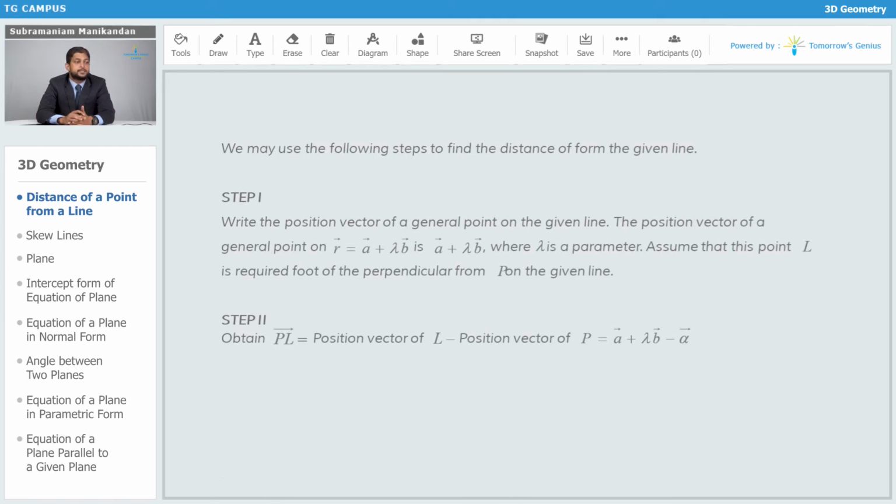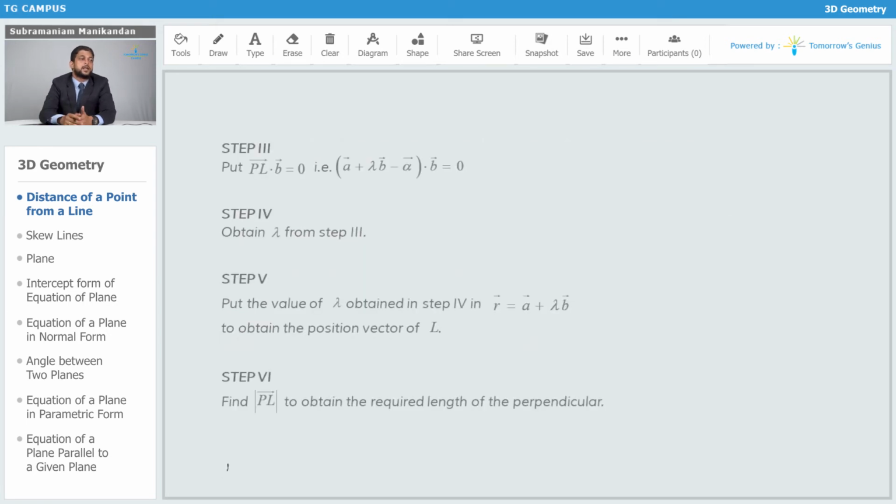So PL is equal to the position vector of L minus the position vector of P. That's given by a bar plus lambda b bar minus alpha bar, right? Then we know that PL is perpendicular to the given line, so PL bar dot b bar is equal to 0, that is, (a bar plus lambda b bar minus alpha bar) dot b bar equals 0. Again, applying this condition, we will obtain the value of lambda, and then we substitute the value of lambda back in the equation r bar equals a bar plus lambda b bar